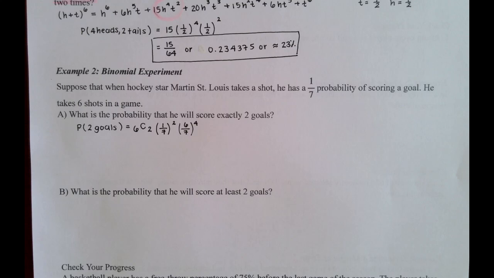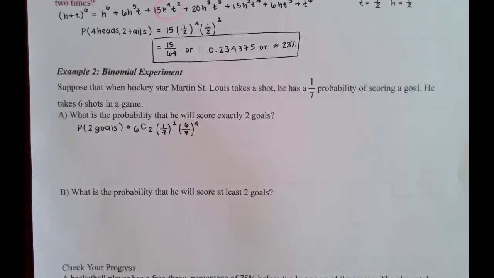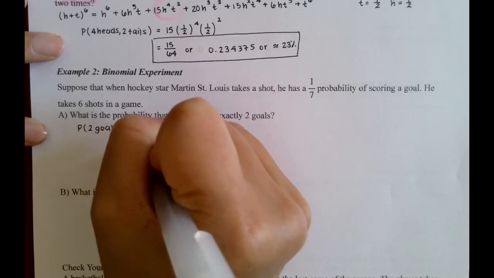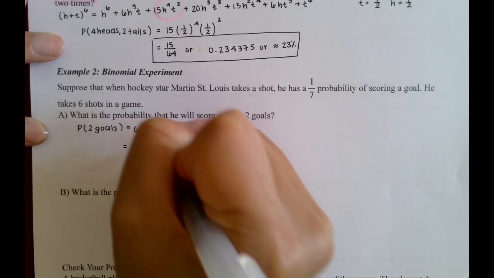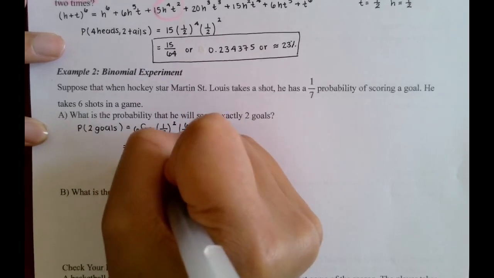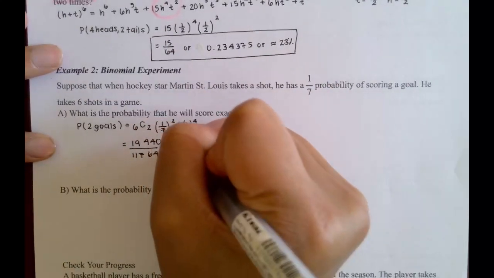6C2 is 15. Okay? And then 15 times 1/7 squared times 6/7 to the 4th is 19440 over 117,649. Okay. And then if I enter that into my calculator to find the actual decimal, this is approximately